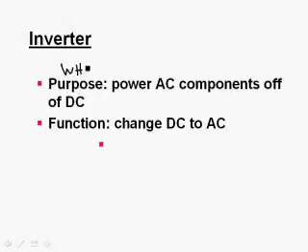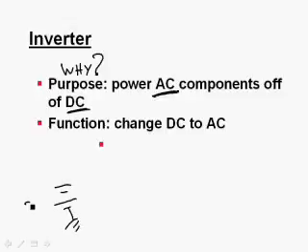Of course, inverters have been mentioned before. Why do we have them on the aircraft? Because we have to run AC components, and every now and then, all we have on the airplane is DC power. Say, for instance, we haven't started the engines, we don't have the APU running, and all we have is our 28 volt,